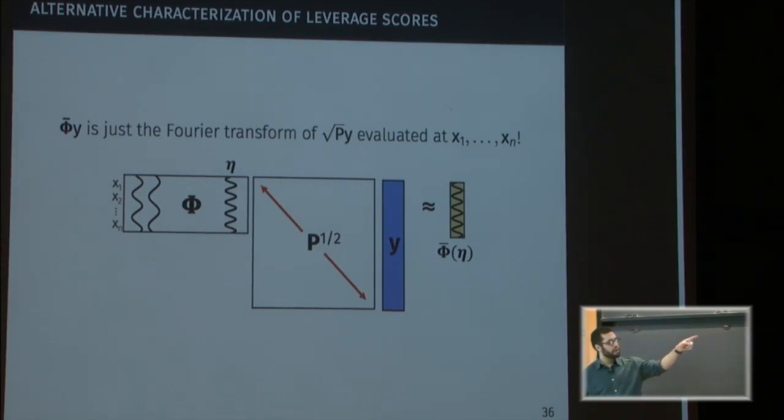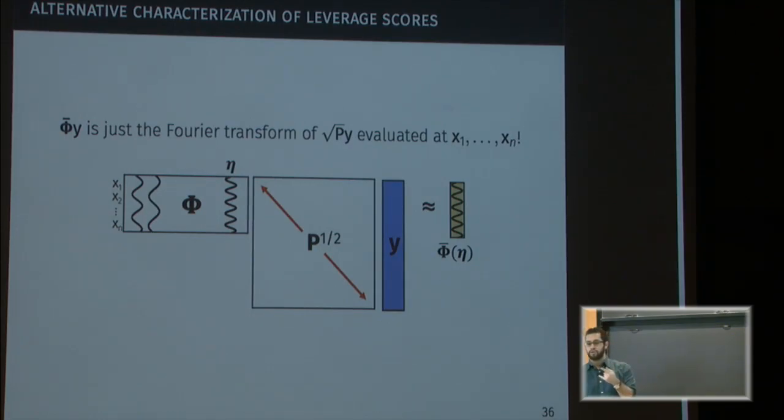So this operation is the same as taking the Fourier transform of p to the 1/2 times y. That's a vector, but think of it as a function. That's the same as doing the Fourier transform of that function and evaluating it at our data points x1 through xn. Okay? So to understand how to form certificates of upper bounds on the leverage scores, it's a question of,